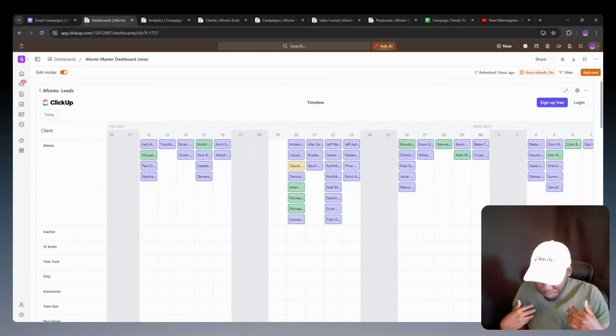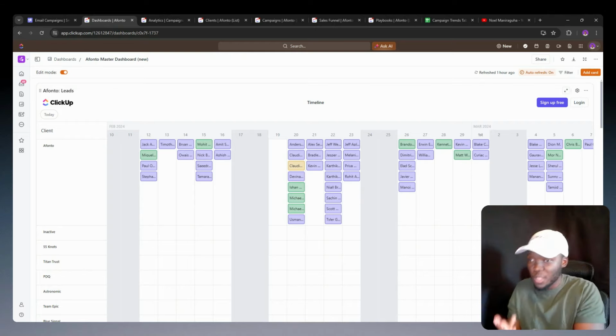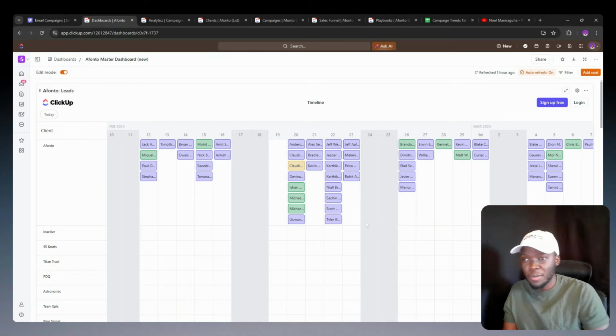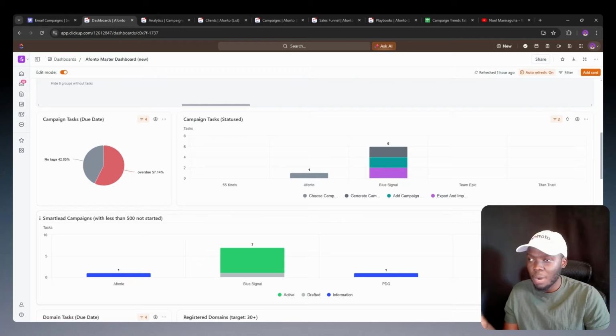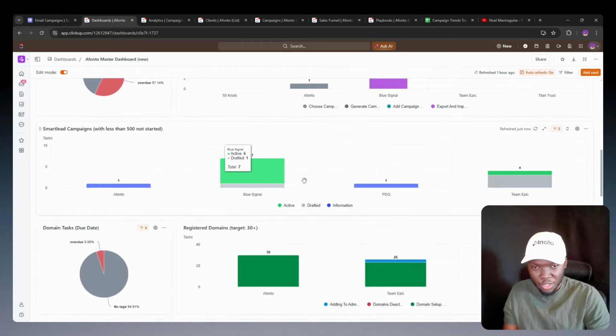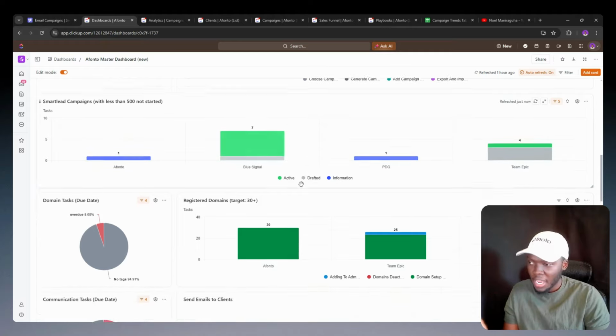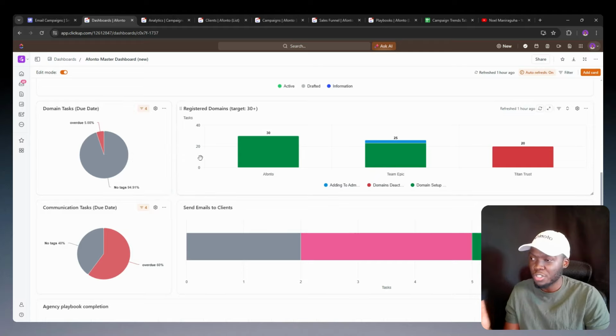I wake up, the first thing I do, I come here, this is the first thing I want to see. What are the positive replies looking like? What are the trends of those positive replies? And then I want to see whether I have any campaigns to create. Once I've determined that, I need to determine whether I have any lead lists to build. And then once I've determined that, I have to determine whether I need to set up any domains or improve